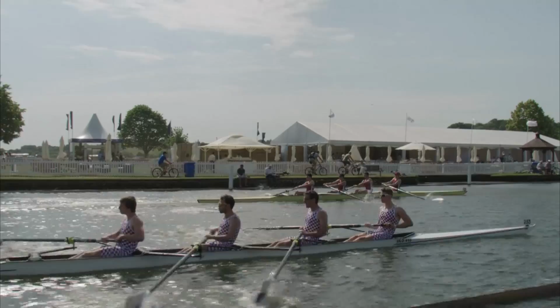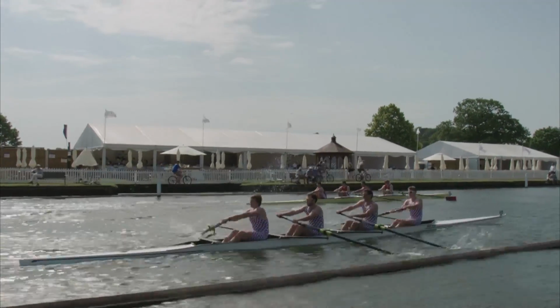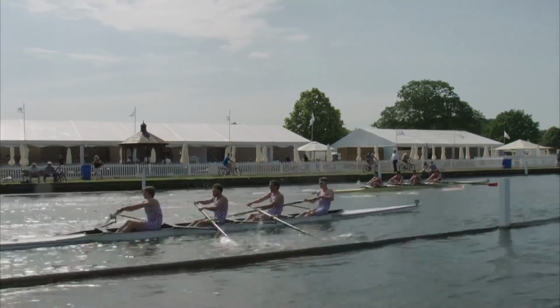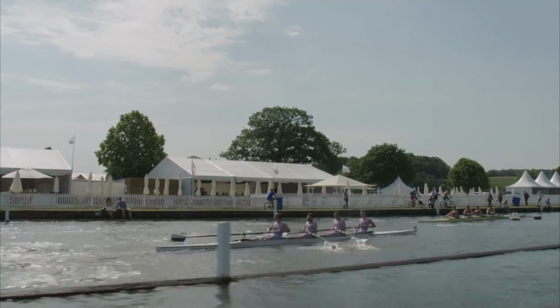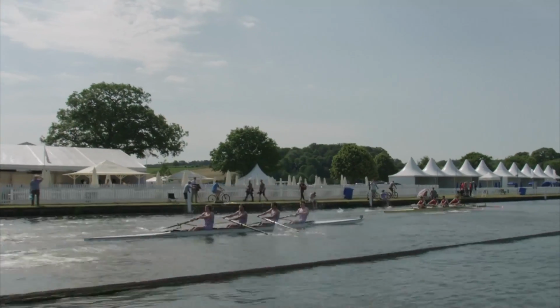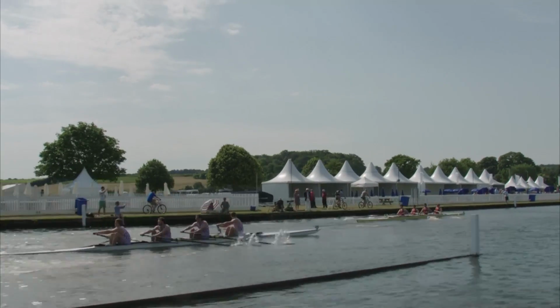They are very, very close to the booms this side. Very close indeed, the blades scraping the moss off the booms down. Oh, there we are, clattered into the booms for the first time, and that's really caused Marlow a advantage there. Tyrian club clattering into the boom, and that is the fate that no boat wants to undergo at Henley Royal Regatta. And you see the blades crashing into the boom,